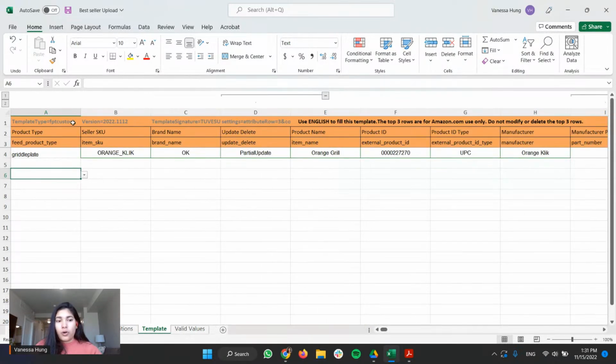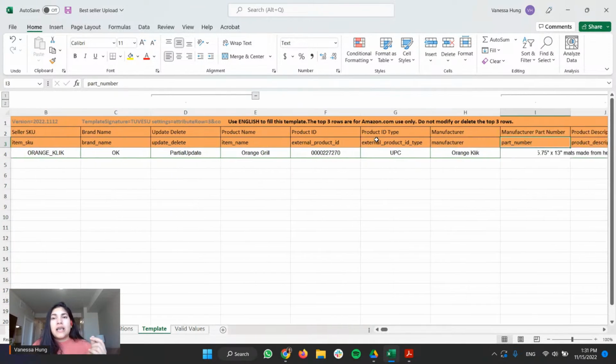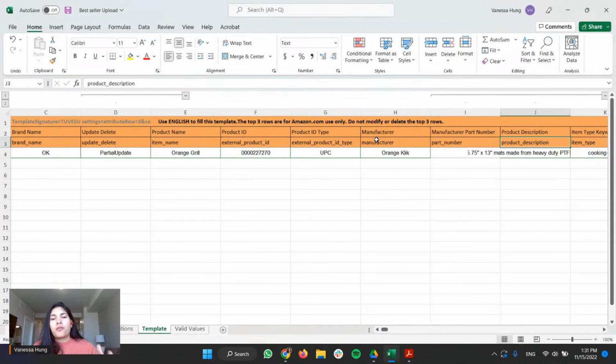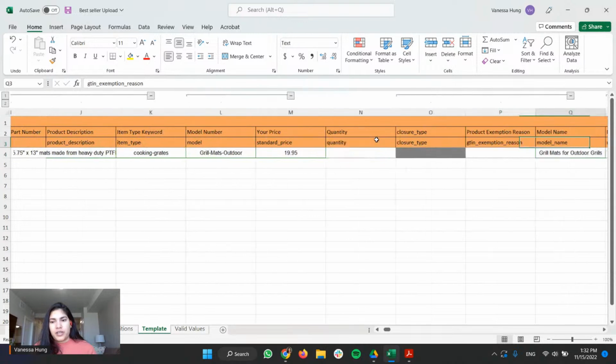For example, the orange section is the one that is always at the very beginning, and everything in orange is required. You cannot skip information in the orange section. You always need to have information here.